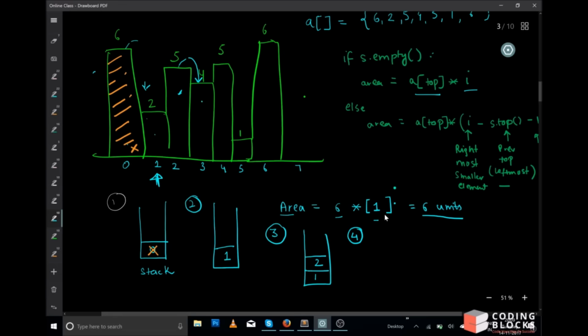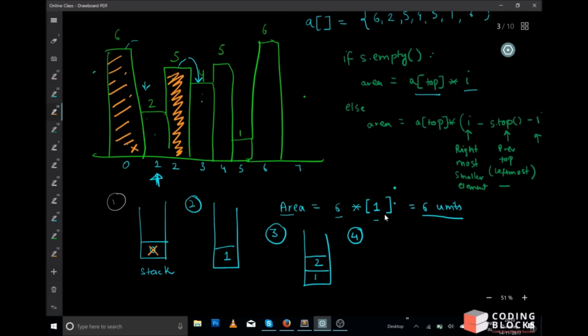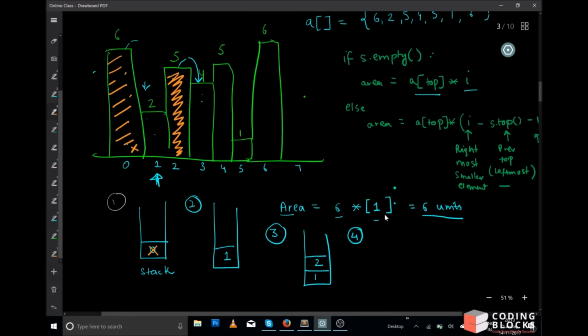So it means that this bar is an obstacle to the previous bar. Right? So now we should remove the previous bar. So if the current bar is smaller, then we should remove all such bars which are inside stack and are having a higher value. So for the current bar 4, I know only this bar is having a higher value. So I am going to remove it. So I'm going to make it orange and I'm going to count the contribution due to this bar, if this bar is being considered as the smallest bar. So we are going to compute the area now. So area is going to be,